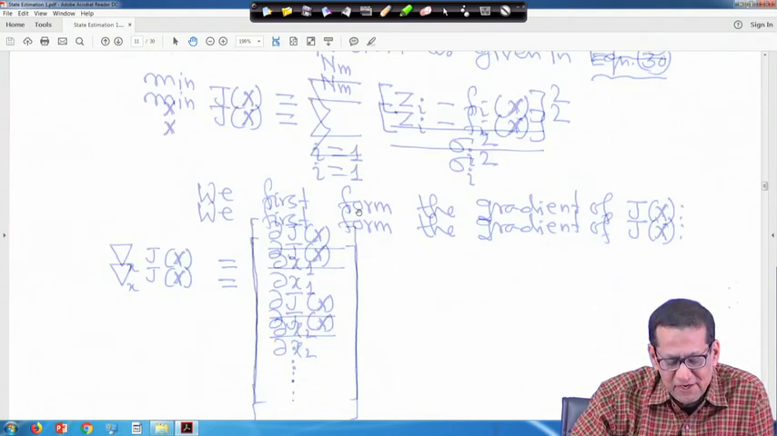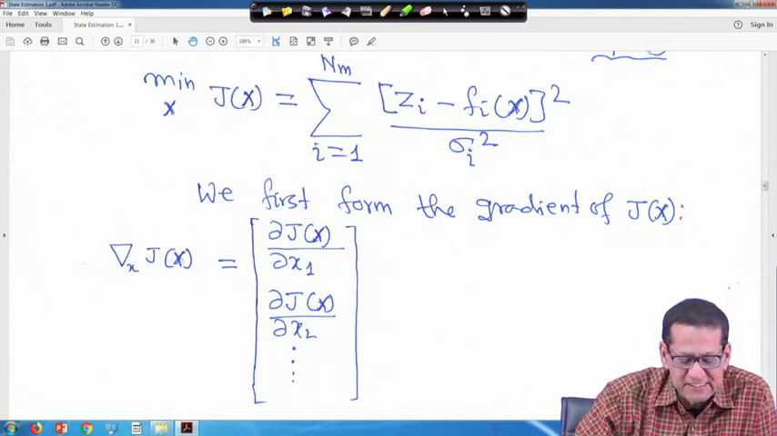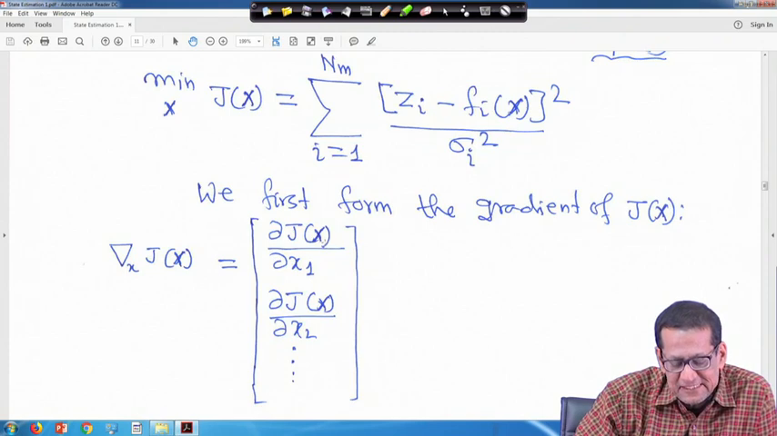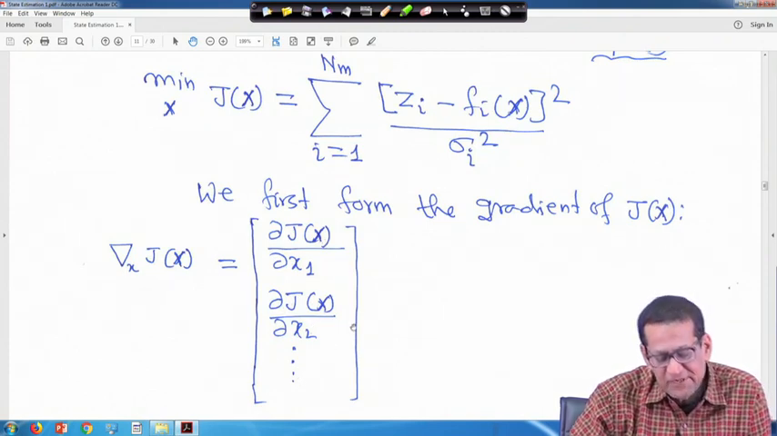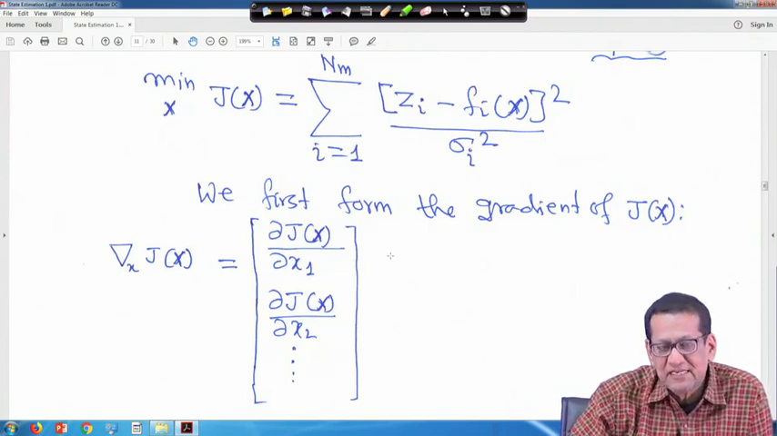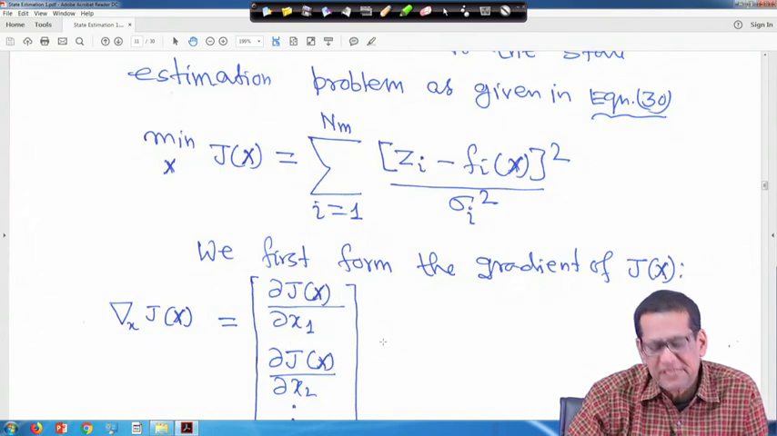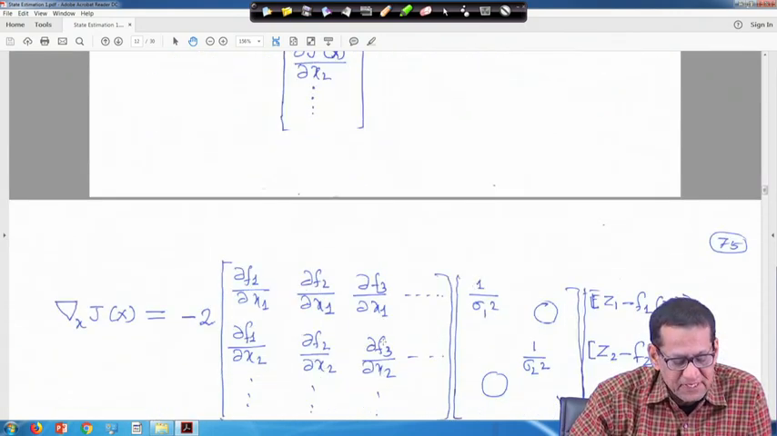First, we have to find the gradient of J of x. The gradient of J of x can be written as the partial derivative of J with respect to x 1, the partial derivative with respect to x 2, and so on. You have n s number of state variables, so this way you have to find the gradient. This is the function J of x, so you have to take all the partial derivatives with respect to x 1, x 2, x 3. Now, if you do so,